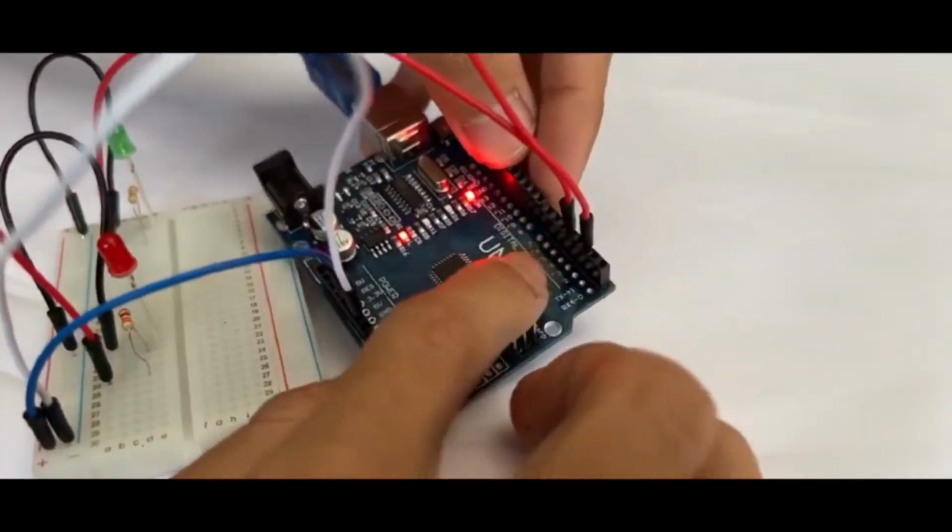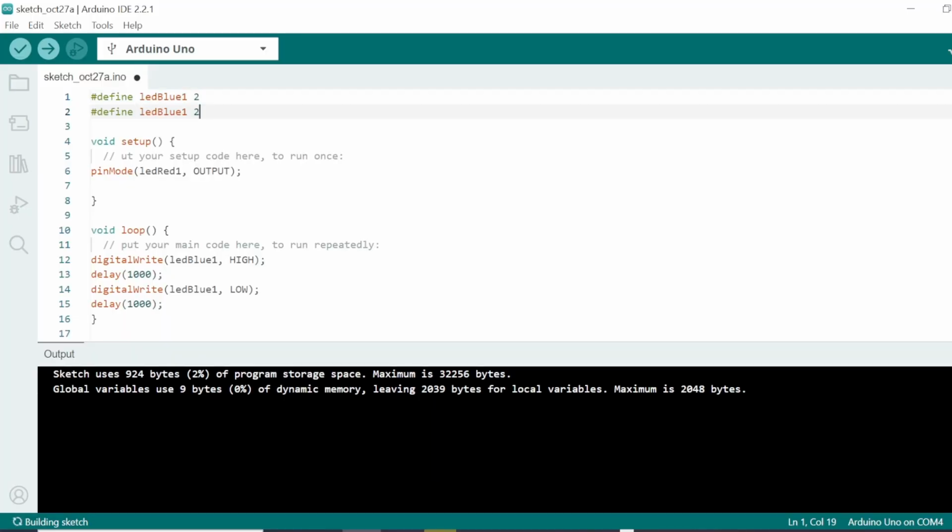Now we create another global variable, but this time we name it LED green, because the LED we plugged in earlier is green in color.